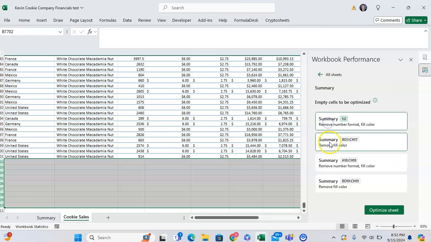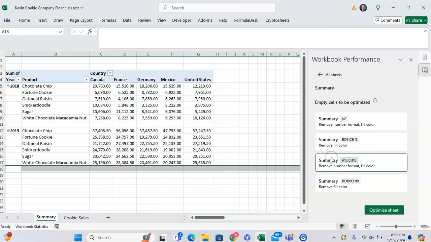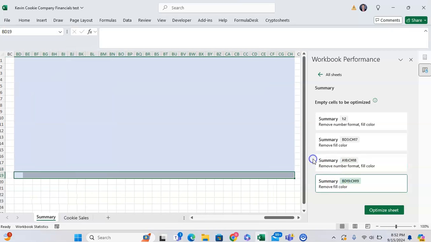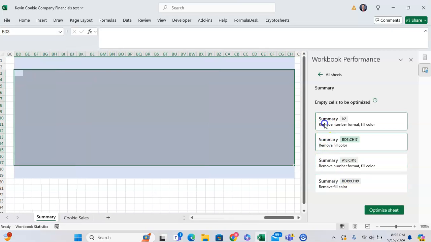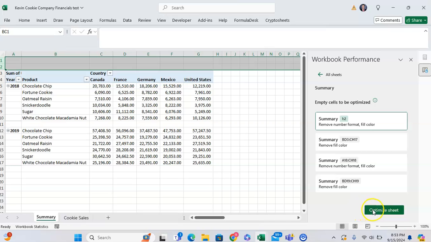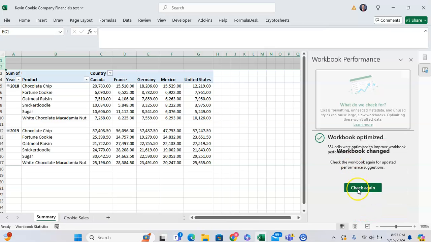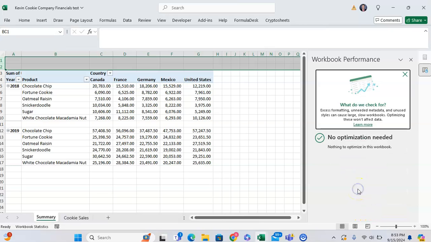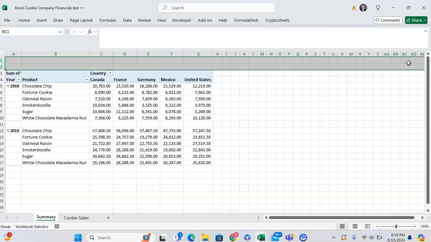You go in Summary, and I can go through and click on each of the ranges and see what Excel has identified as excess formatting, and I can click on Optimize Sheet to make it more optimized. And you can see no more optimization needed. And when I save this, the workbook can now be a bit smaller. And this is obviously a simple example, but if you have a large model, removing excess formatting can be